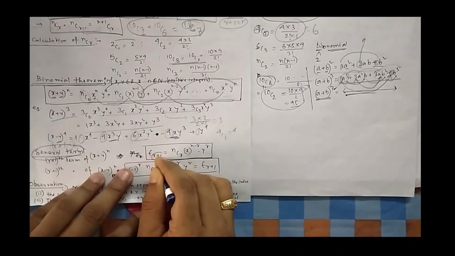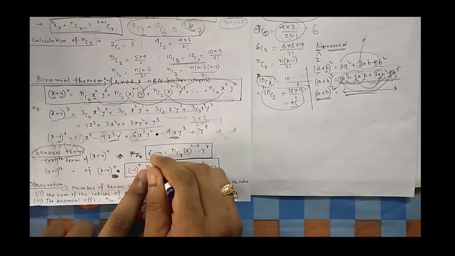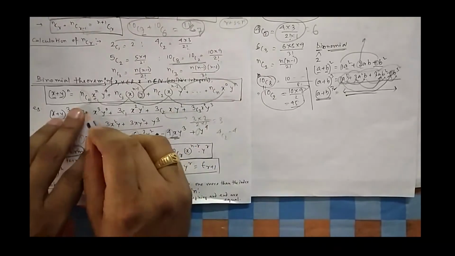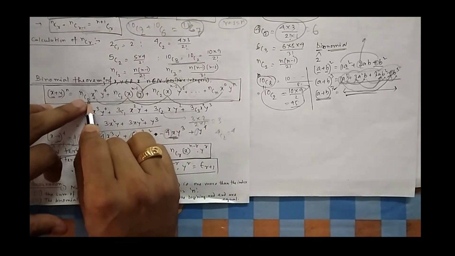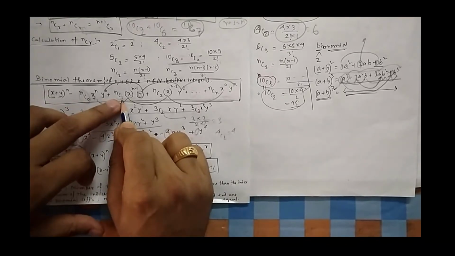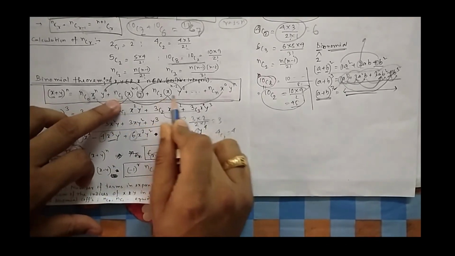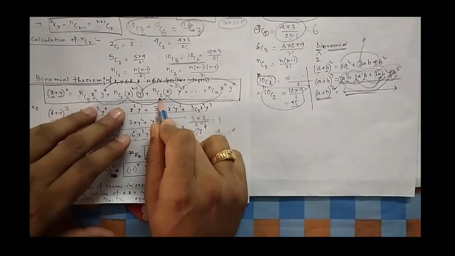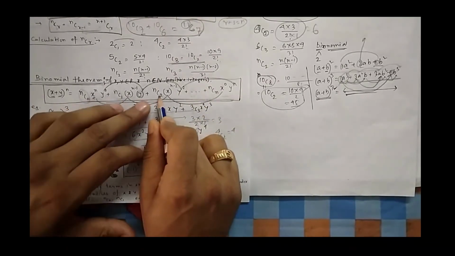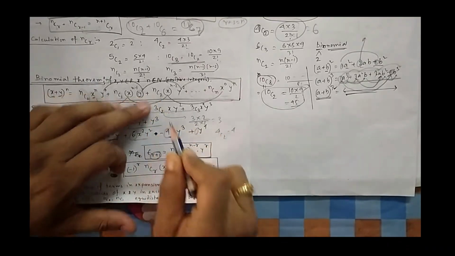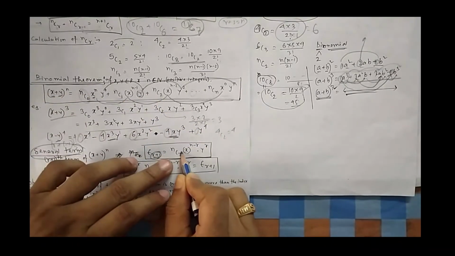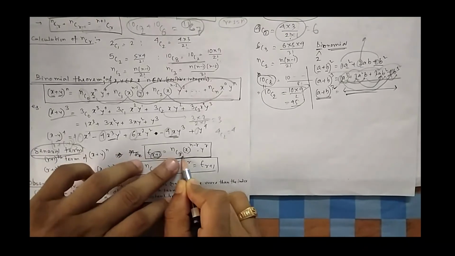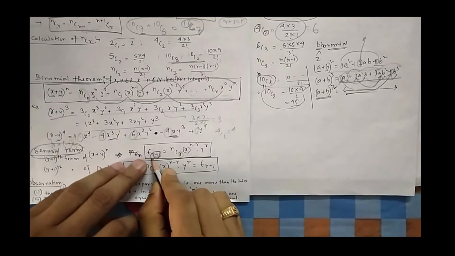Suppose I need the (r + 1)th term. Why it is given as r + 1, you will know shortly. Suppose this is the first term. In the first term, what is the nC r? It is 0. In the second term it is 1. Third term 2. Fourth term 3. Fifth term 4. So for every term, if you want to find the third term, then your r is 1 less than that. If you want to find the (r + 1)th term, then r is 1 less than that. That's why they have written r + 1.